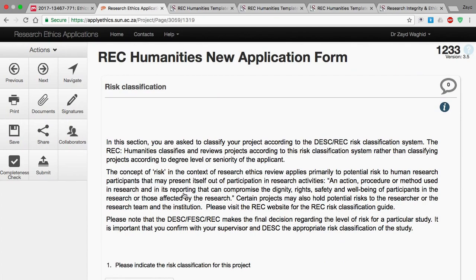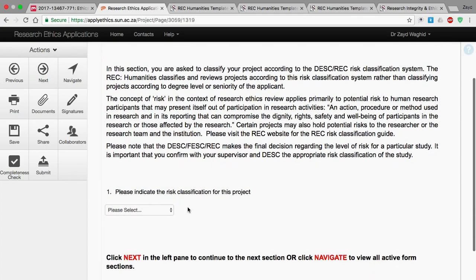Okay, in this section you are asked to classify your project according to the DESC RDC risk classification form. The RDC Humanities classifies and reviews projects according to this risk classification system rather than classifying projects according to degree level or seniority of the applicant. The concept of risk in the context of research ethics review applies primarily to potential risk to human research participants